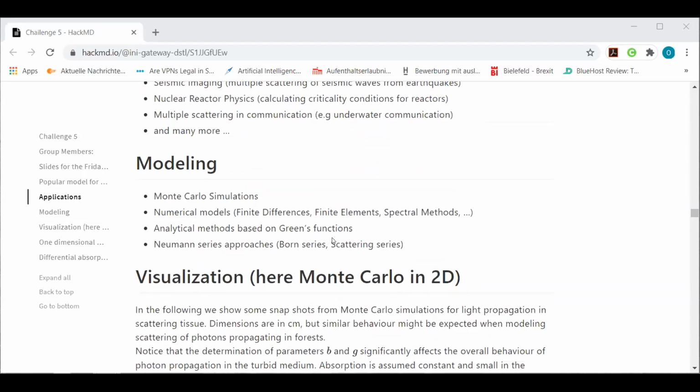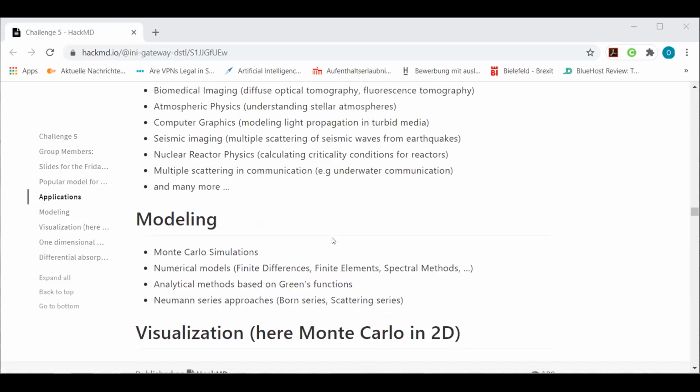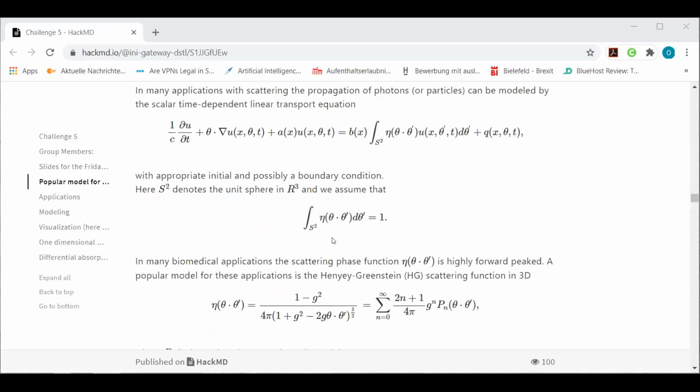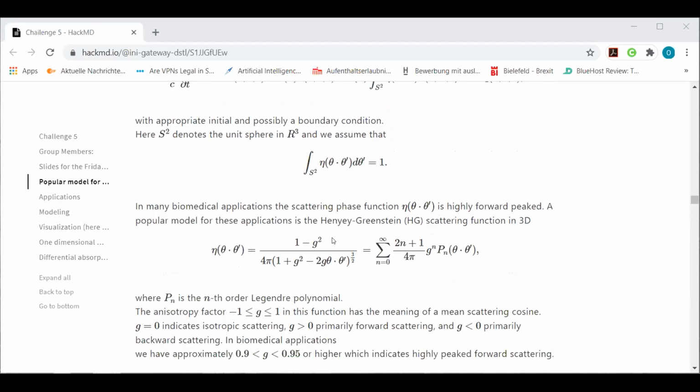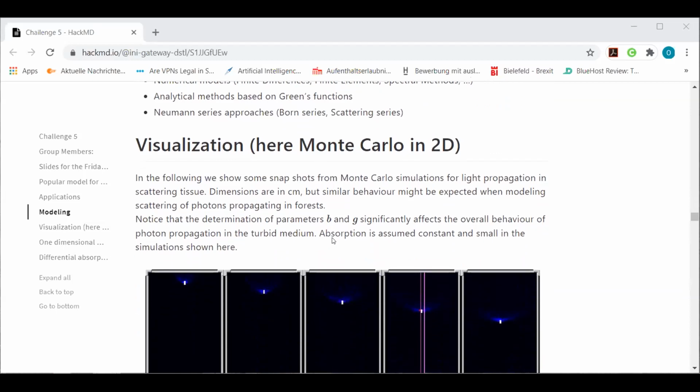So this is a general model. How can you do this in a computer? You can use Monte Carlo simulation, where you model each individual particle with a random number generator and let it go through a random walk. You do this in parallel, if you want 1 million times, and you sum up what you get. Or you can try to discretize this transport equation directly by finite differences, finite elements, or spectral methods. Or you could make use of the structure with the integral there and expand into a Neumann series or Born series and so on. So this can be done. It depends on your physics.